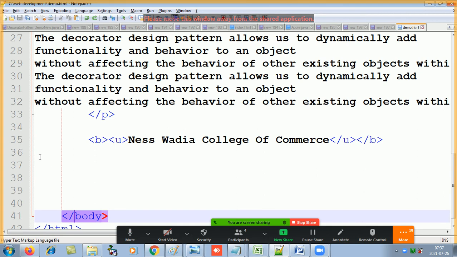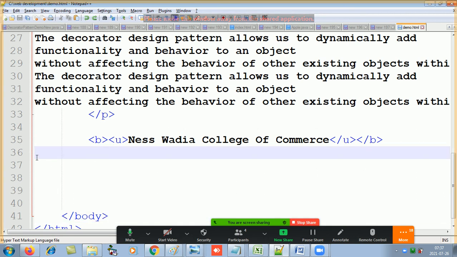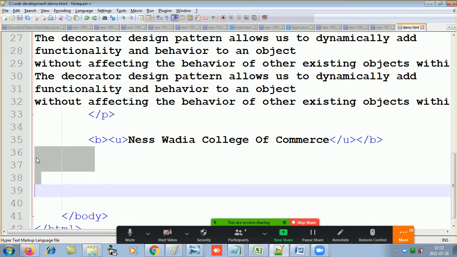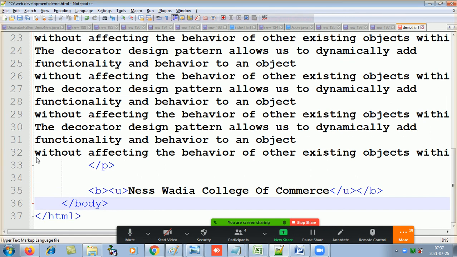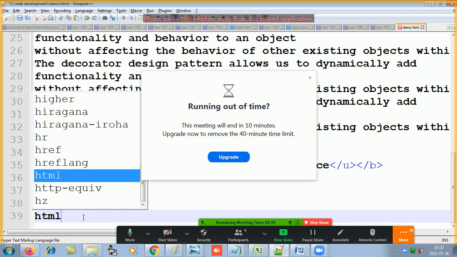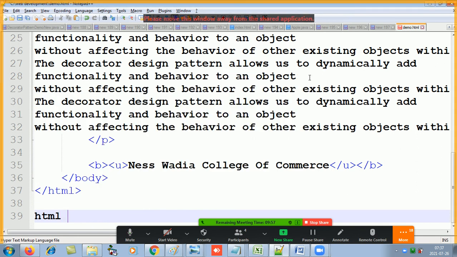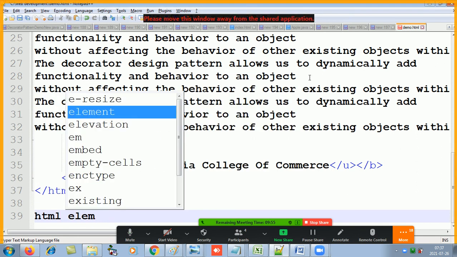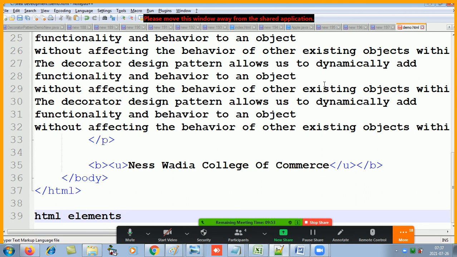The entire ocean of the internet is available to you. Whenever you have time, you can just Google HTML elements and try to see what each element does. All you have to do is write the element name, put some text in it, save it, refresh the browser and see what it does.